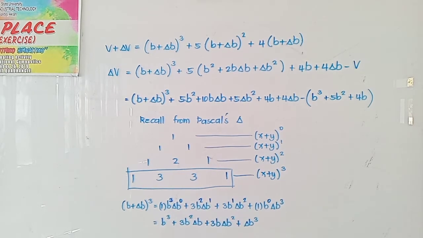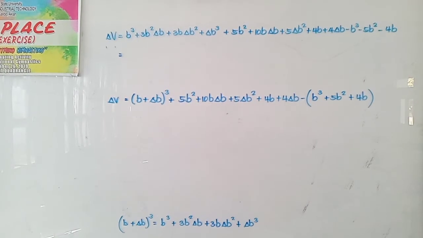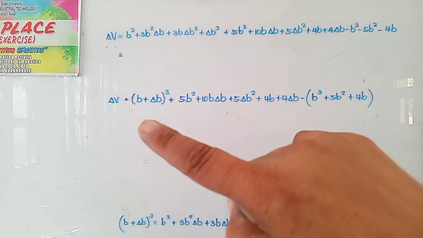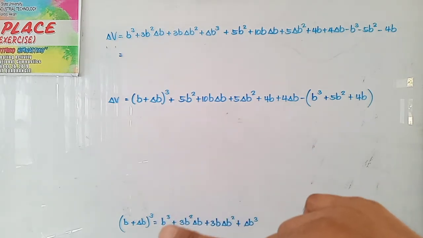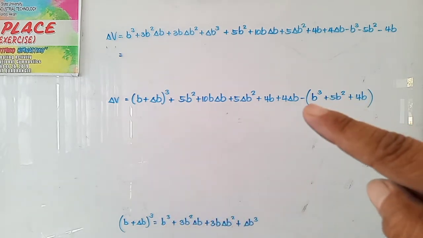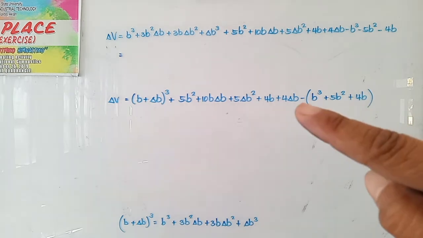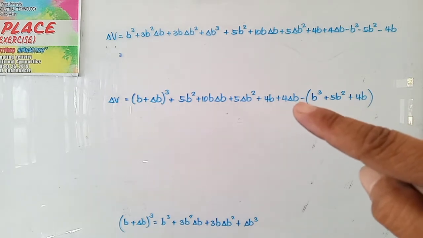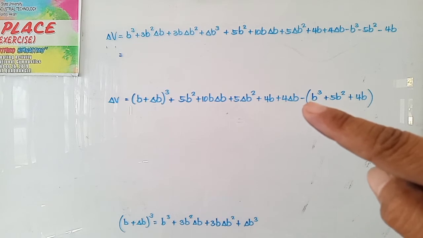So the first term, exponent is descending. Second term, exponent is ascending. Simplifying further, that will be our expansion of b plus delta b all raised to 3. Okay, after substituting and removing all grouping symbols, to this, we have to substitute this expansion and remove this parenthesis, taking into consideration that the sign outside is negative. So that means the signs,